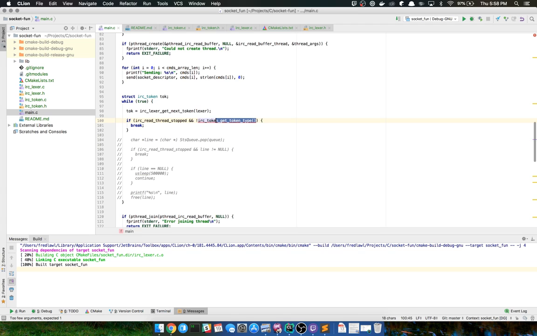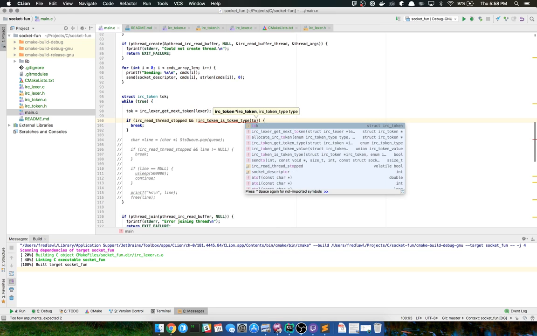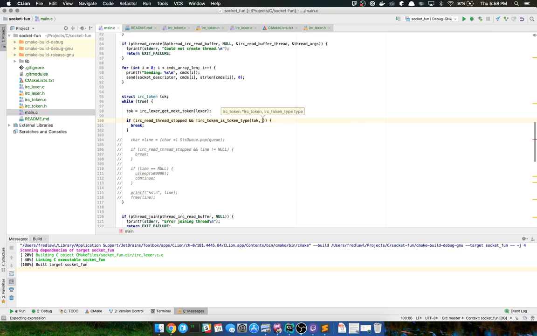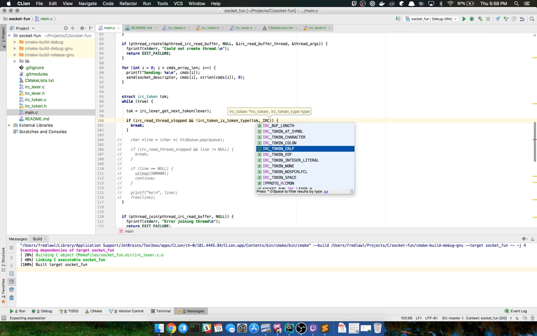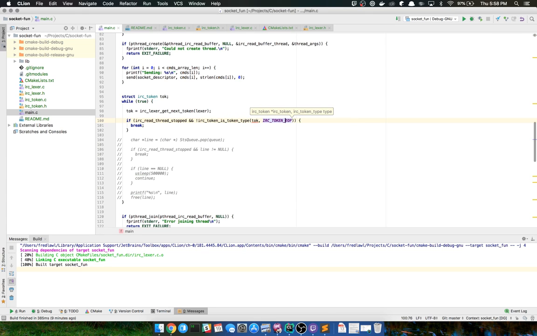Whoops. IRC token. While it's not the type of IRC token EOF. Whoops. That needs to be a pointer. Okay, there we go.